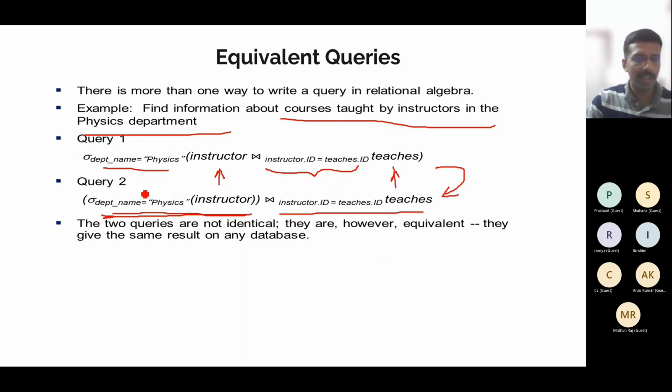Whereas in the second case, you are first selecting those 10 or 100 entries, and with that you are joining the second table. So the second will be more efficient to implement in a database system. But these two are, as I told in the previous slide, again equivalent in the sense that both of these will give me the same result on any database.